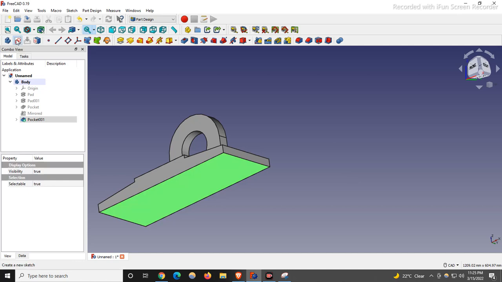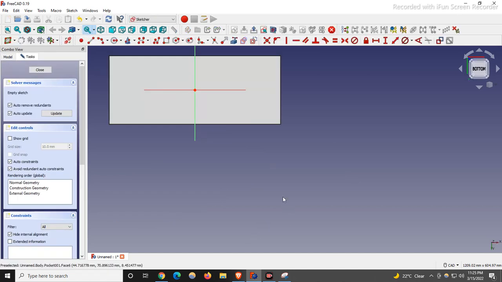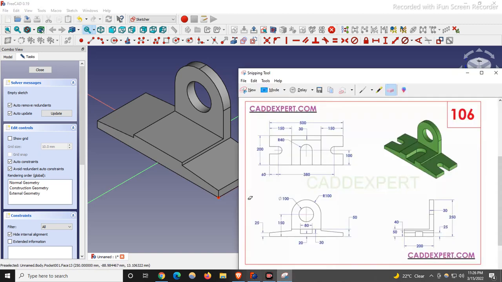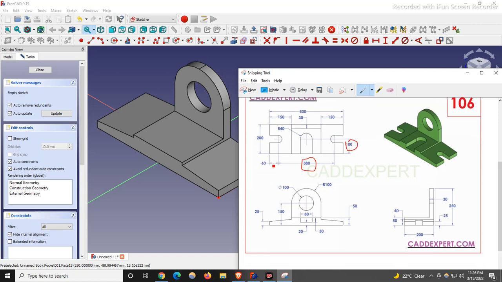So create sketch, and I say isometric view. So what I will do, I will project these edges, because that will be required. Now our slot position hole is 380, and from here it is 100, and it is 60,